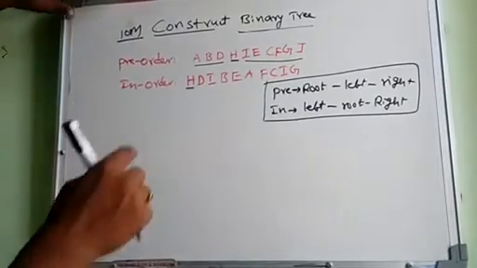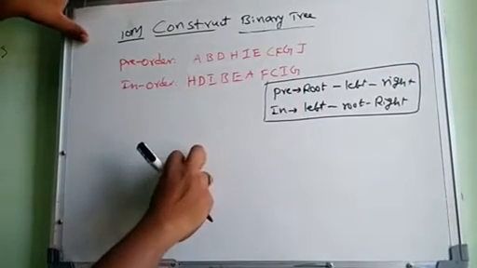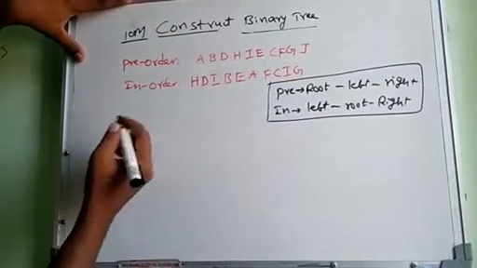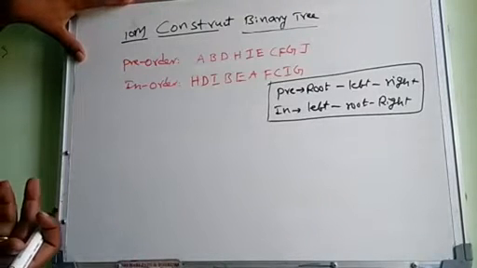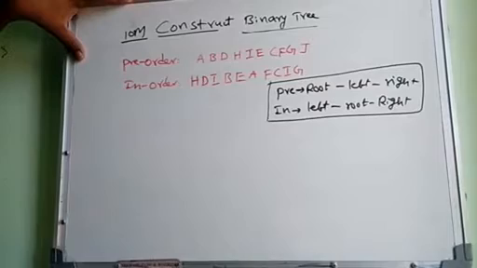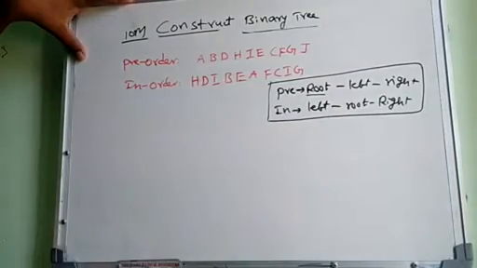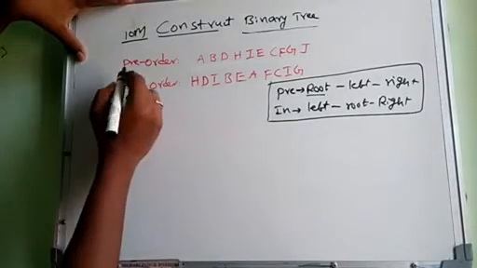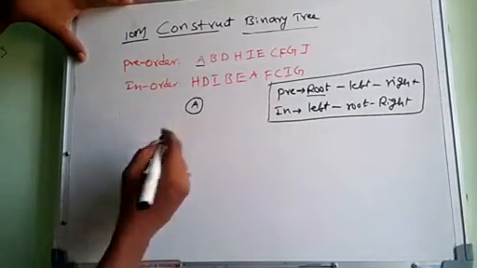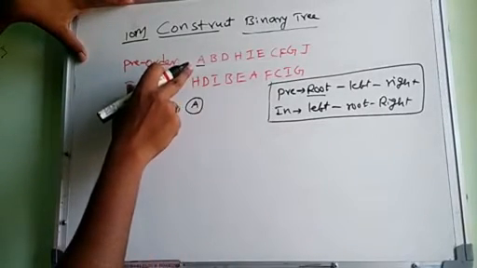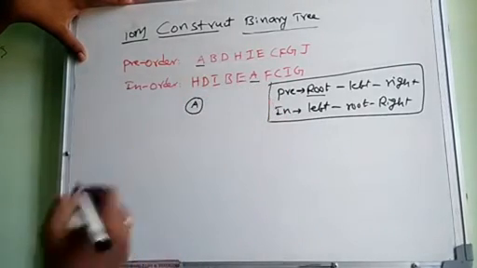So from this example, first you have to construct the root. Without the root, if you find the chains, that is useless. First find the root. So the root is always found from pre-order. Okay, in pre-order, the root is always the first one. Okay, A. So the same A root is also present in in order, A.